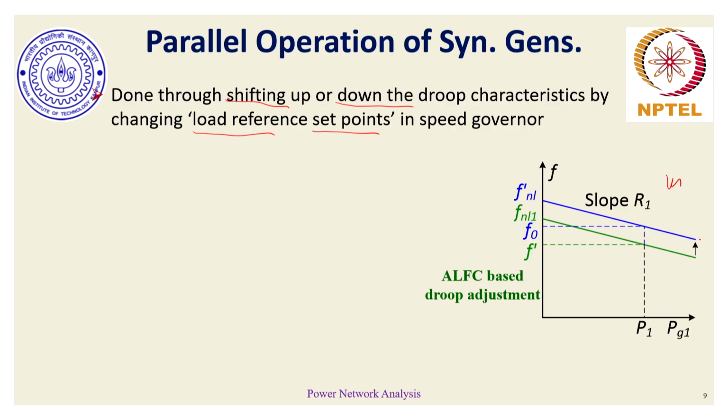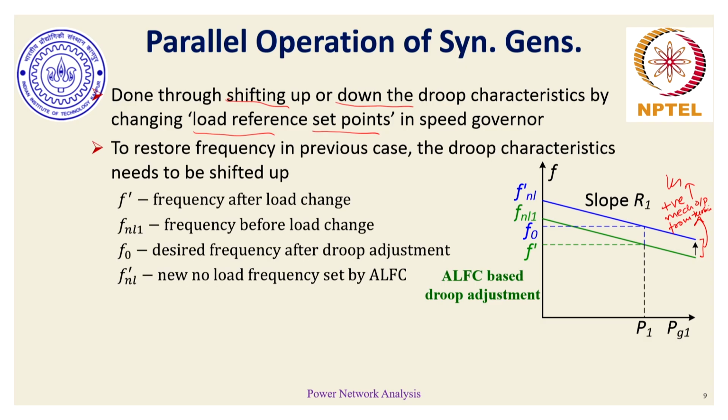This increase or shifting of the no load frequency in a way can be reflected as additional or positive increase in the mechanical output from the turbine to the prime mover or to the synchronous generator. So, to restore the frequency, the droop characteristic, in case the load has gone up, is shifted. So, here FNL dash is the new no load frequency, which is set by a control loop,